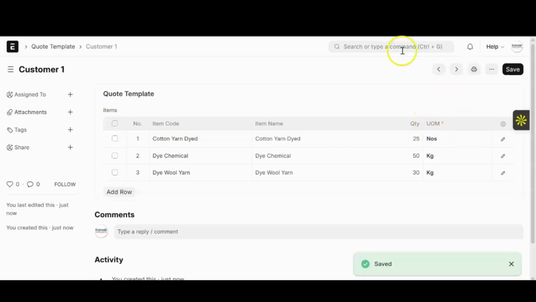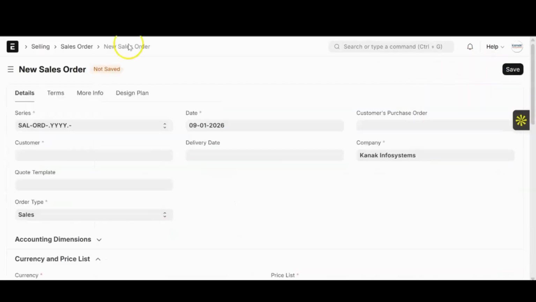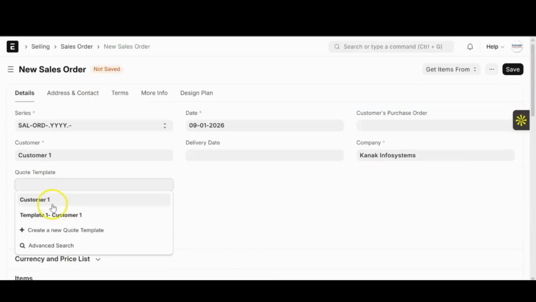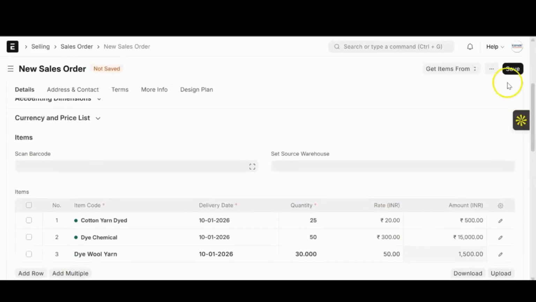So now when you go and process a sale order for that particular customer, you can just pick the quote template from here and the items will automatically be added here. And you can select the delivery date. You can add the rate here. Right. And let's say you have saved this,